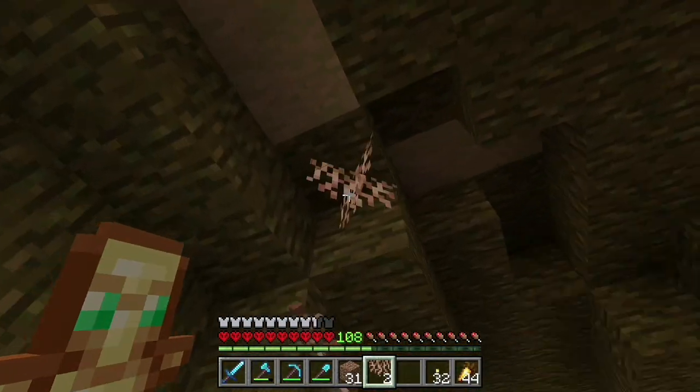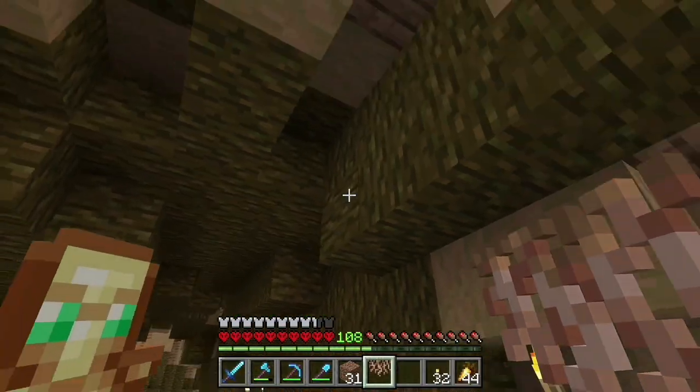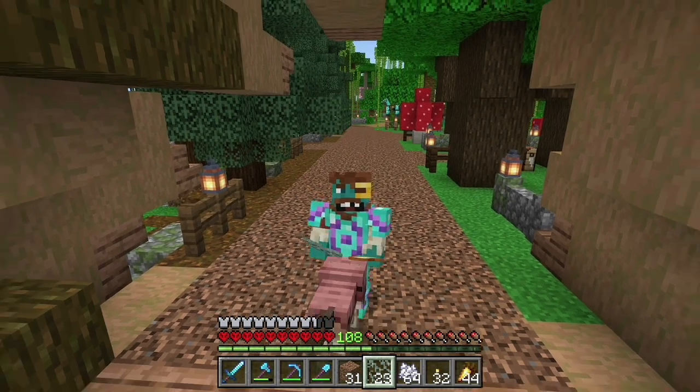So we've got some of the roots, so we can have them coming in, just looking like it's falling a little bit. And then I think this one here, the glow lichen, should give us a little...